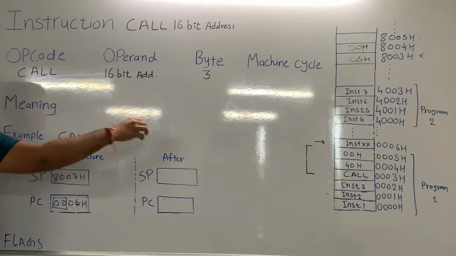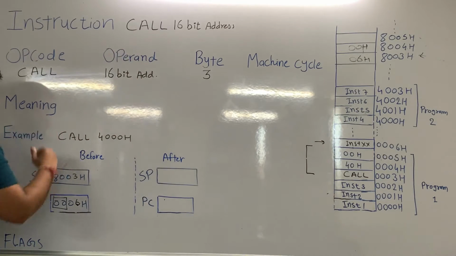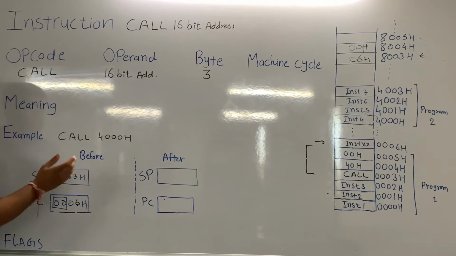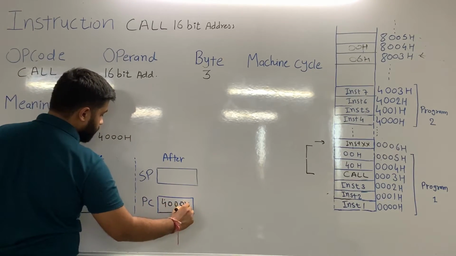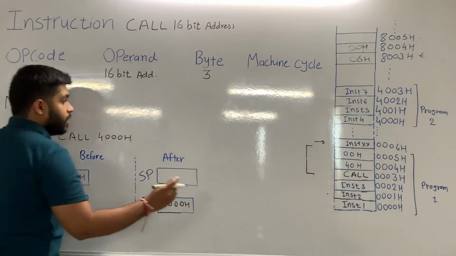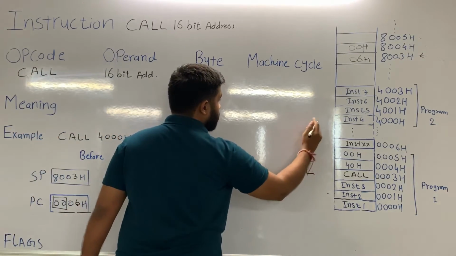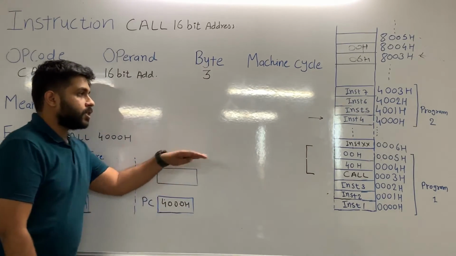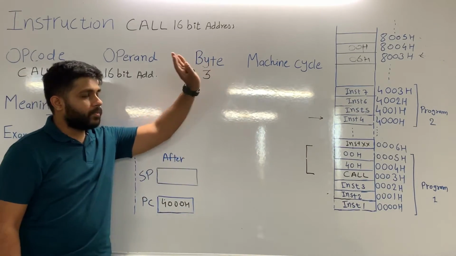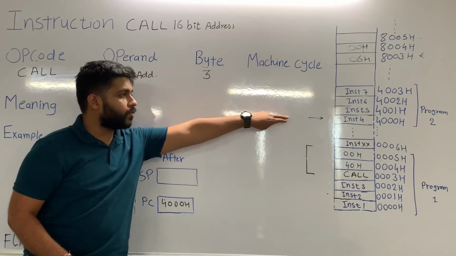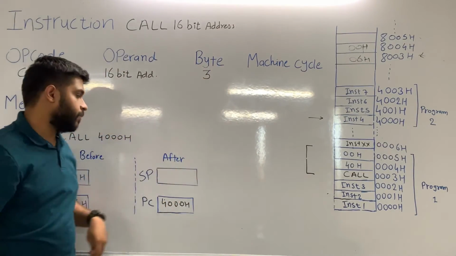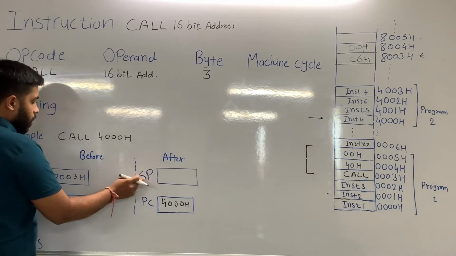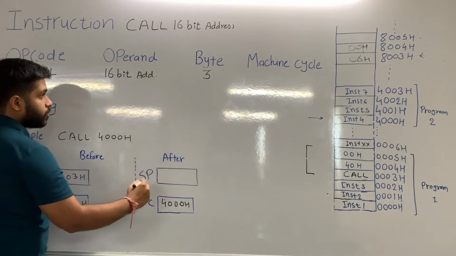And after the microprocessor has stored the current value of the program counter into the stack, the address value will be copied into the program counter. So in the program counter 4000H will be loaded. It means now the program counter is pointing at 4000H. So the processor will start processing program 2 from 4000H. It will fetch, decode and execute, fetch, decode and execute continuously. Okay. So what is the value of the stack pointer after the execution? It is